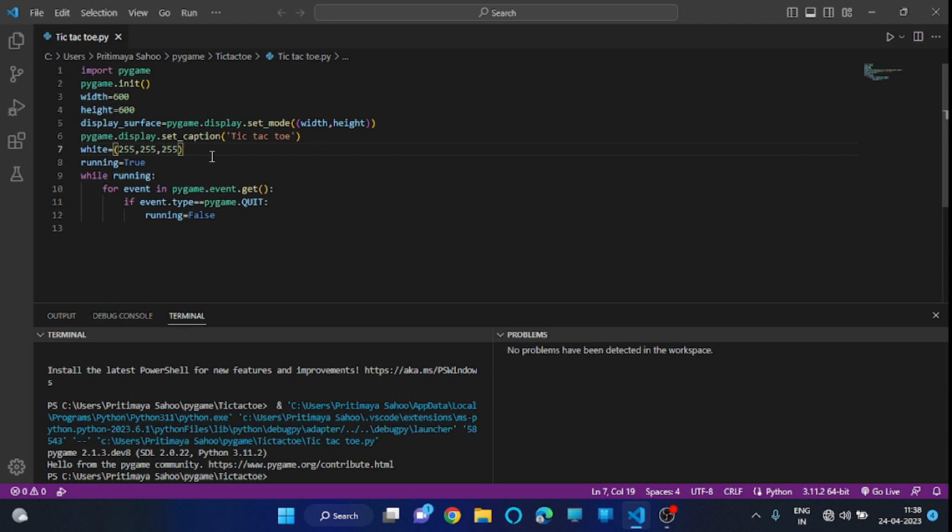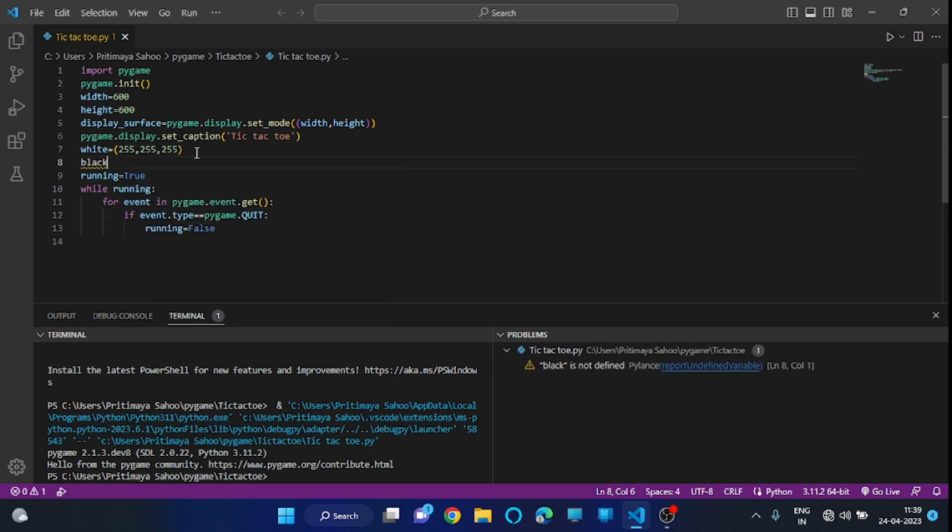Here inside this tuple there are three values, and these values are in RGB format, meaning the first one represents red, the second one represents green, and the third one is for blue, and their values are from 0 to 255. Since white is the mixture of all colors, we write white like this, and we can create multiple colors like